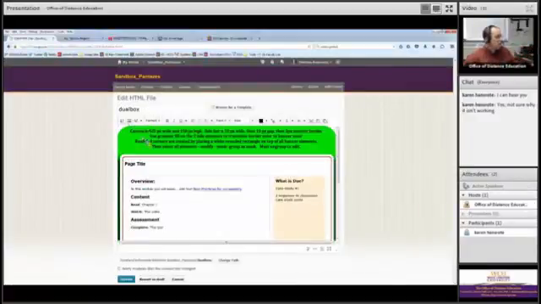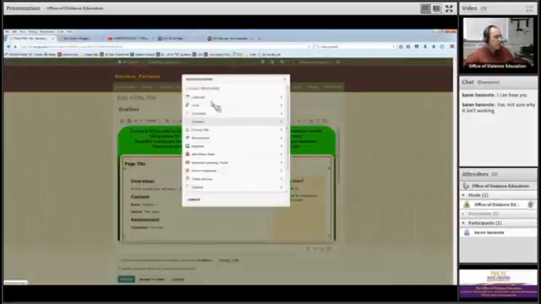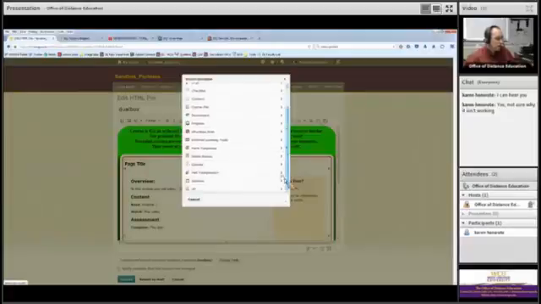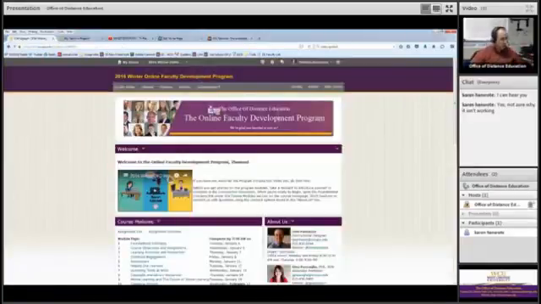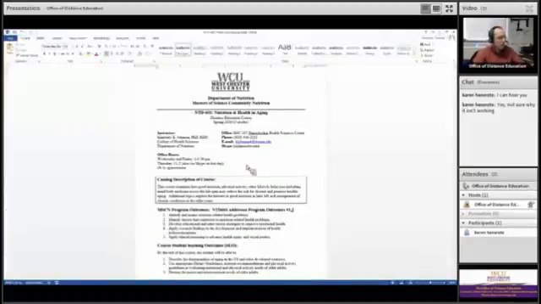Okay. So I highlight the text, I click on that, and then I can connect to lots of different things in the course. If I've set up a Dropbox or a discussion board or a quiz, I can connect directly to it. The very last one is called URL, which is what these are. They're URL addresses. If I click on that one, it's then going to ask me, okay, where am I supposed to go? And you put in the address. So that was URL in Desire to Learn. To do it in a Word document,